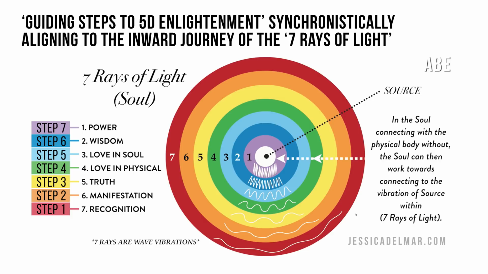But just to recap, be sure to watch the last video. Again, I'll put the link below. But again, these are guiding steps to achieving 5D enlightenment. These 7 steps are coming out right now because we're ready for it. We're in this transitional period, and this is helping us streamline a little bit and focus on our path to getting into 5D fully, not only vibrationally and energetically, but now start manifesting our 5D experience.